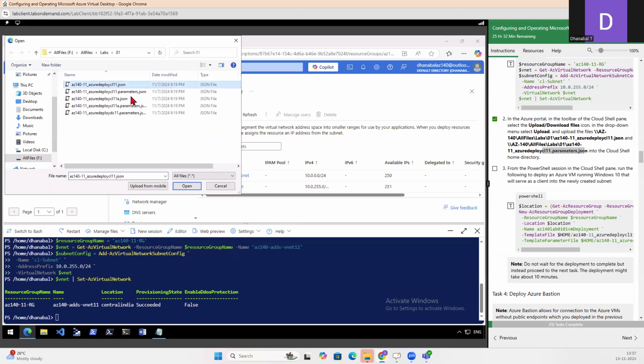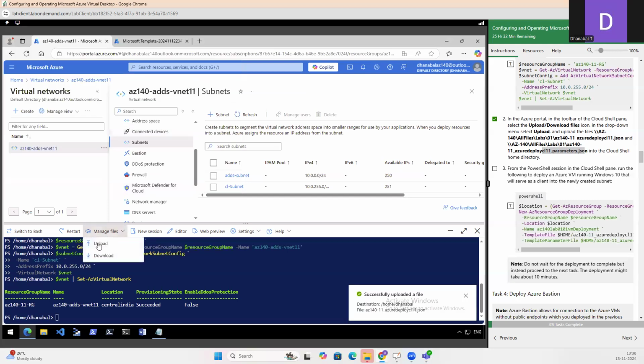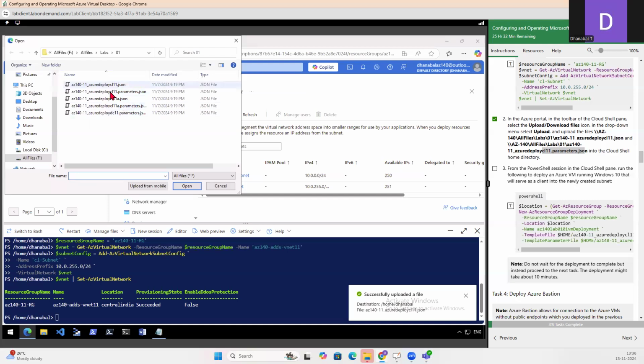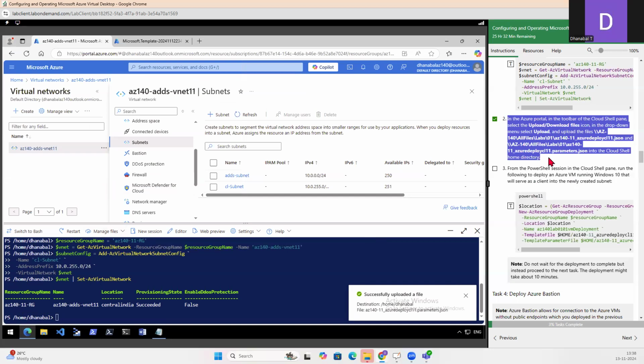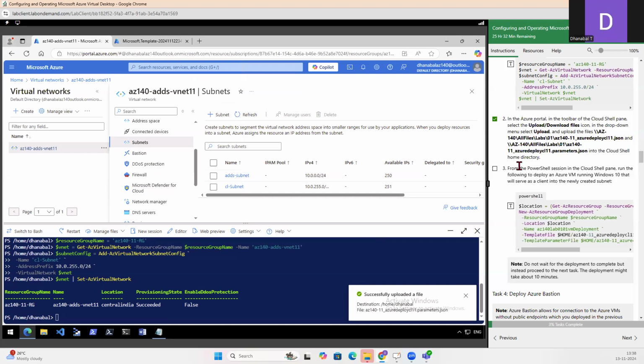There is also a client11a file, but here we are going to deploy only client11.json. Let's open both the files here. Once these two files are there,